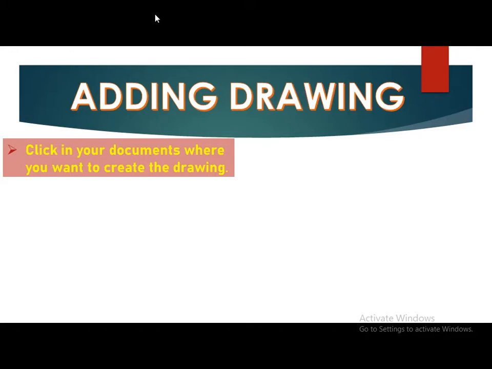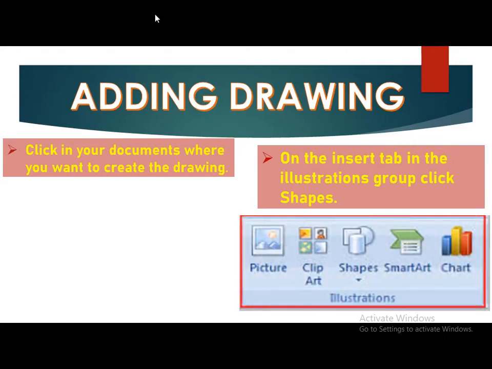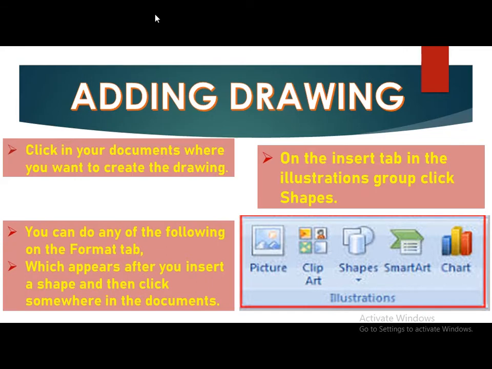Click in your document where you want to create the drawing. On the Insert tab in the Illustration group, click Shapes. You can do any one of the following on the Format tab, which appears after you insert a shape and then click somewhere in the document. To insert a shape in your document,